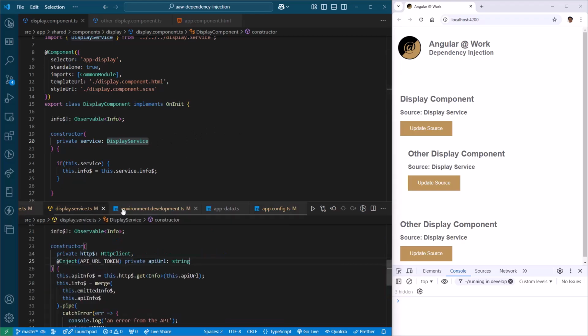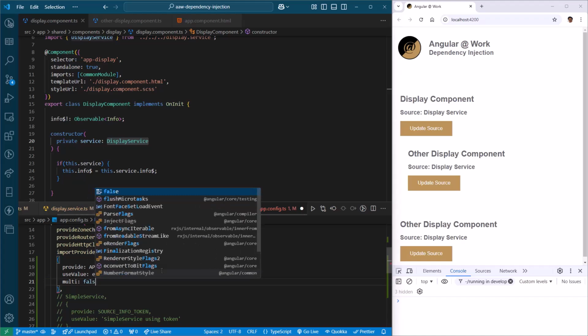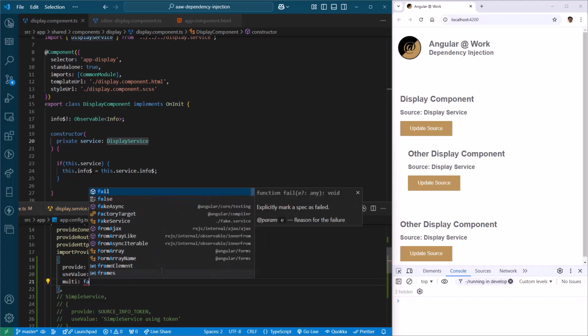And if you remember, display service has injected into it the API URL token. And currently there's only one API URL token provider object in our application config. And of course, for this provider object, multi is currently set to the default, which is false. But now let's set it to true,